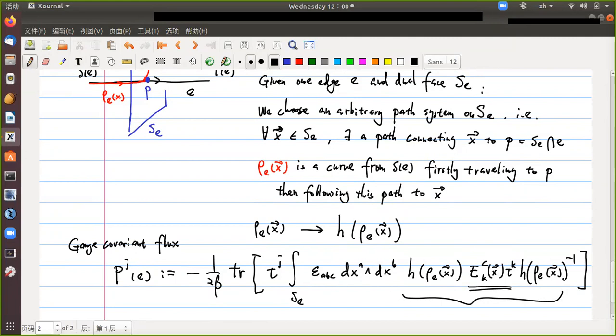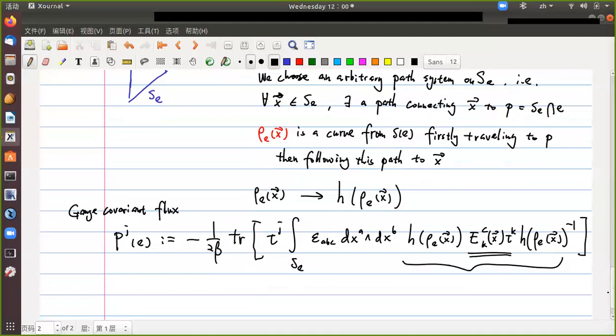Well, the result is a function. Yeah, it's a matrix valued function, and we integrate this function on the surface. And here you are always integrating a two form because the surface is two-dimensional. You are integrating a two form. Okay. And this expression, first, the good part of it is that it is coordinate